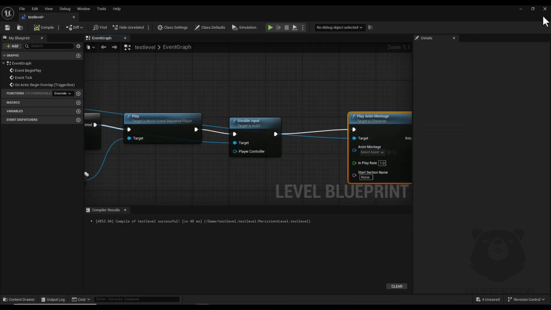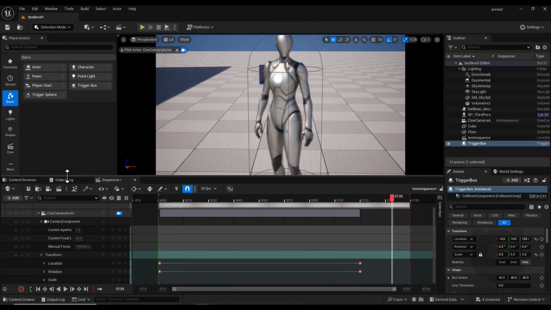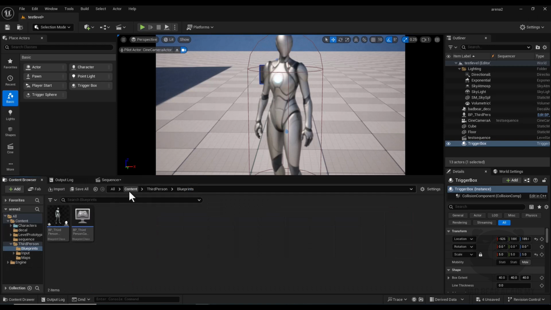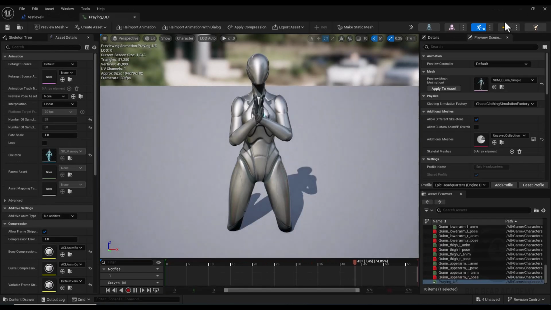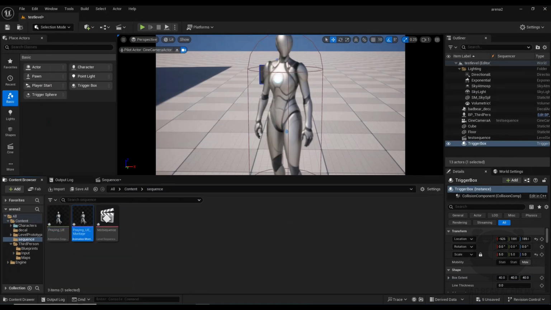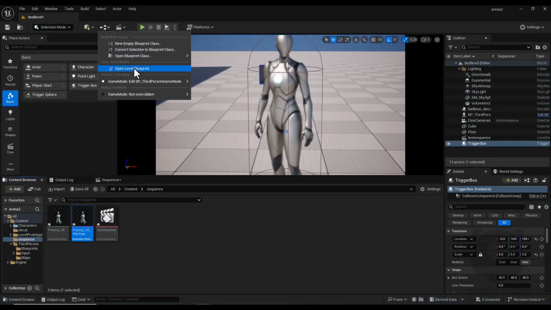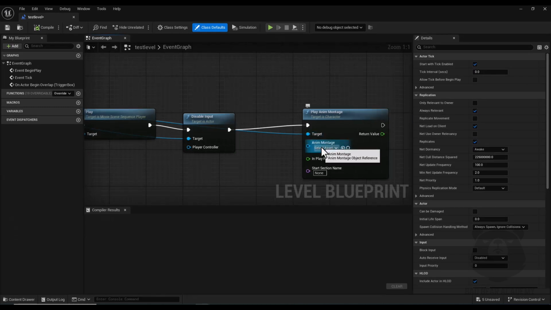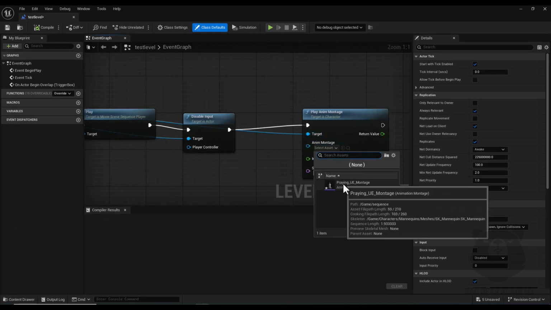Now I minimize this level blueprint and I go to the content browser, and here I have this playing animation asset. I right click and create an anim montage. Now I go back to my level blueprint, and here I select this anim montage,